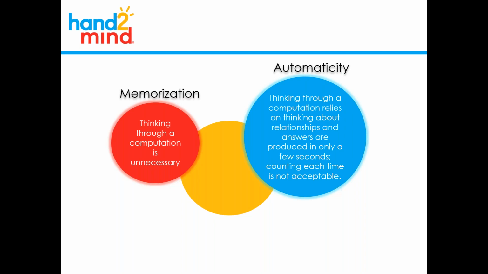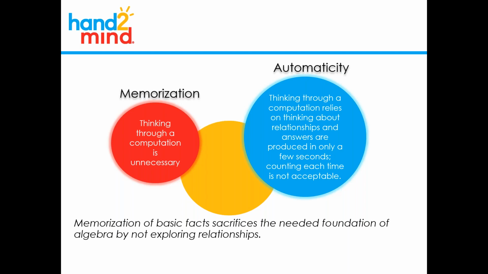But what I want you to remember is that if our goal is to help students see themselves as mathematicians with a mathematical mindset, we know that successful math users search for patterns and relationships and think about connections. So which definition works for that if that's our goal? Automaticity. These are two definitions that are by Kathy Fosnot.